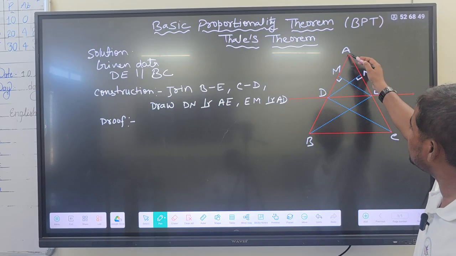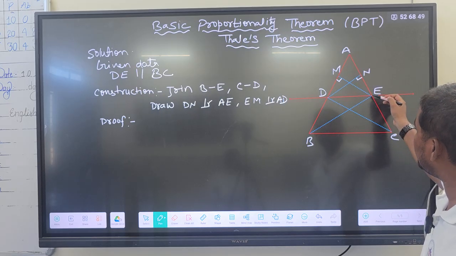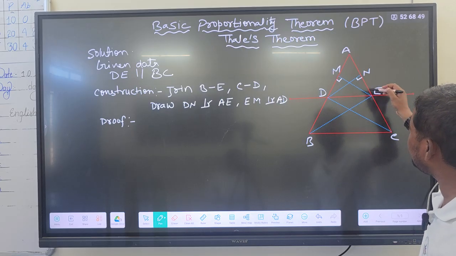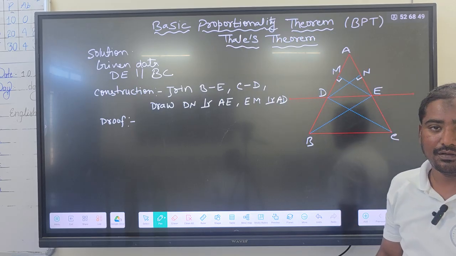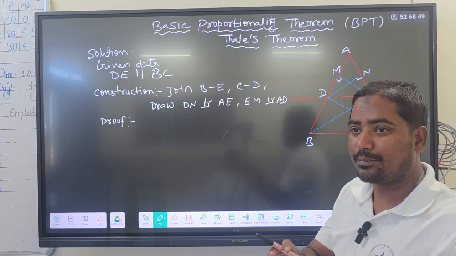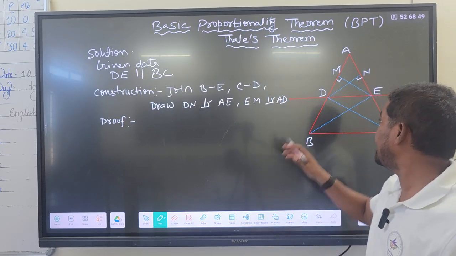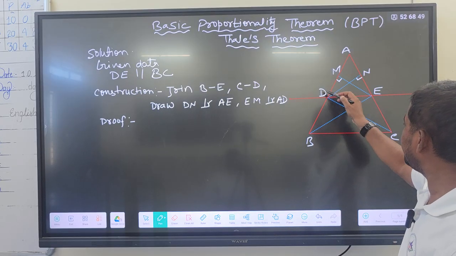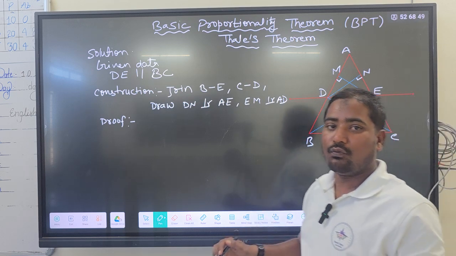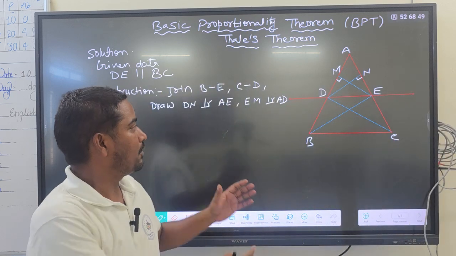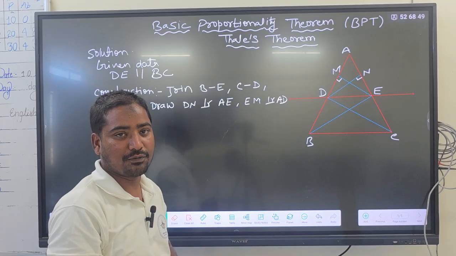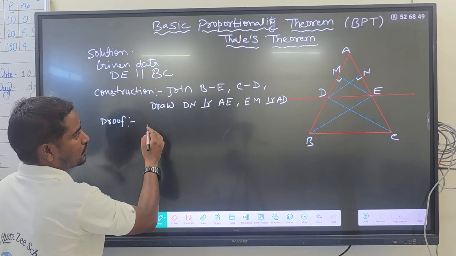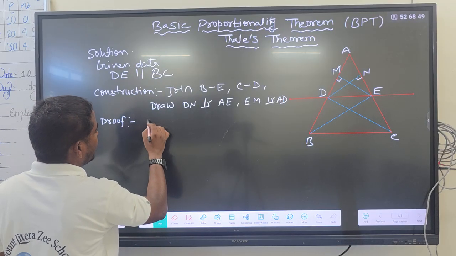Okay, when you consider its base as AD, then its perpendicular will be EM, and when you consider its base as AE, its perpendicular will be DN. Okay, why am I explaining this? Because we have to calculate the area of triangle ADE and then the areas of triangles DBE and EDC. Then we will divide them, and then we will find the proportionality of the other two sides of the triangle. Okay. Now, as I told you, first we will find out the